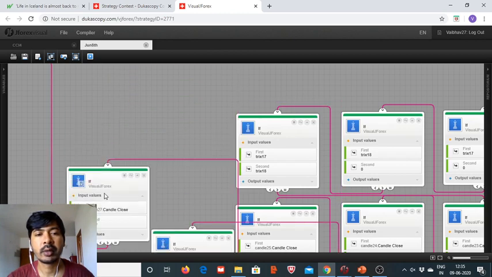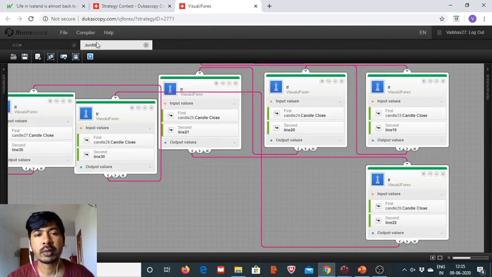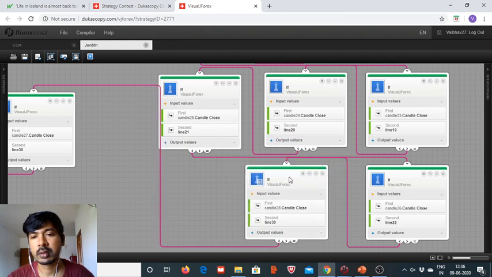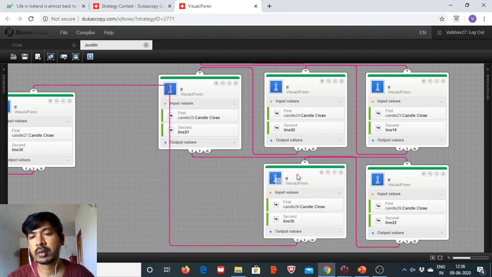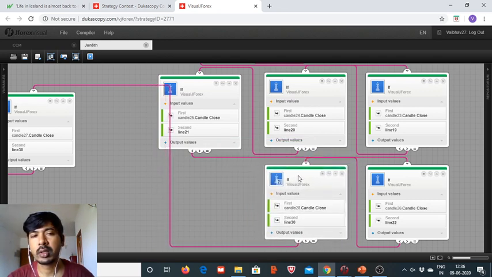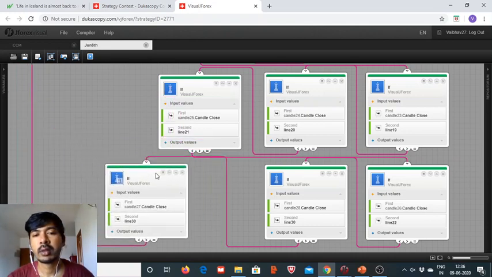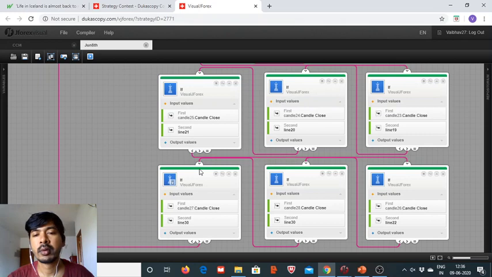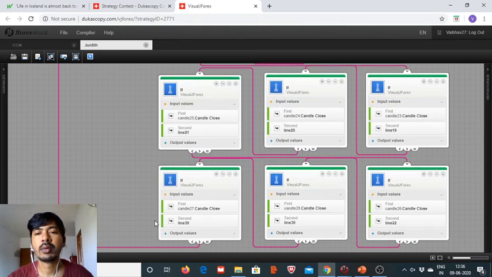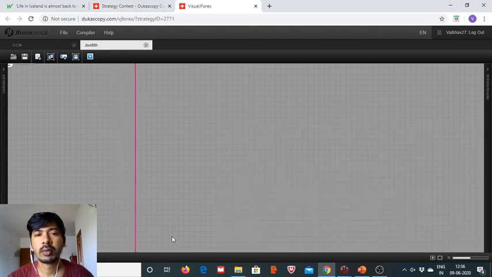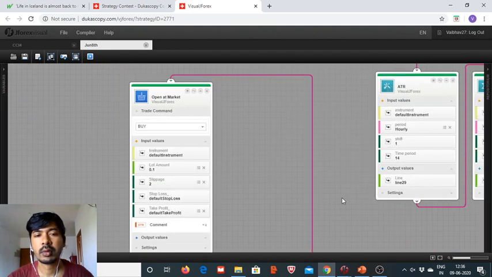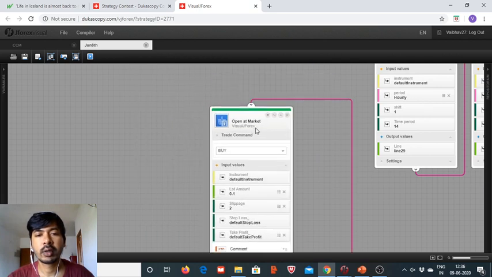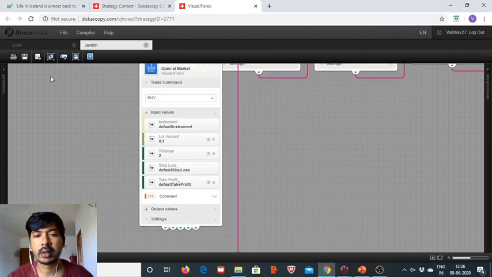So here comes these blocks to be set up. Now we have got stop loss and the take profit,